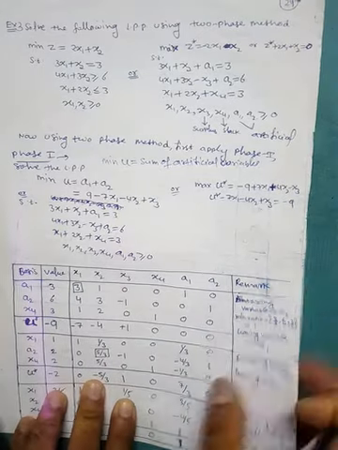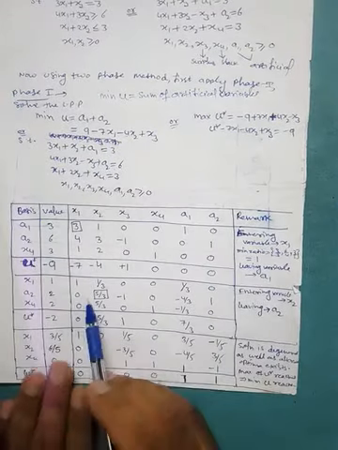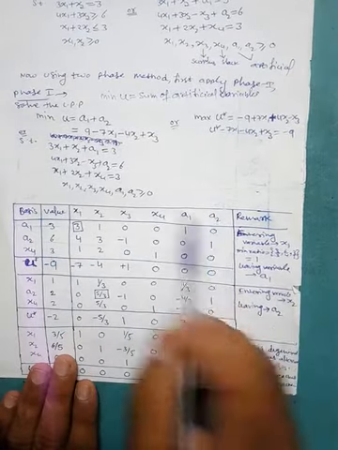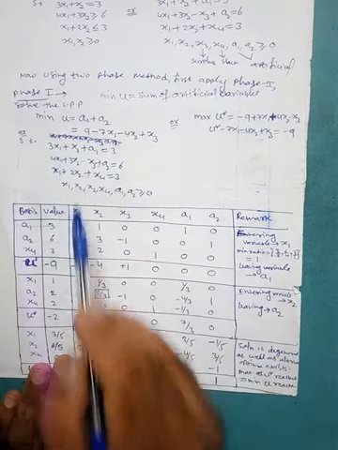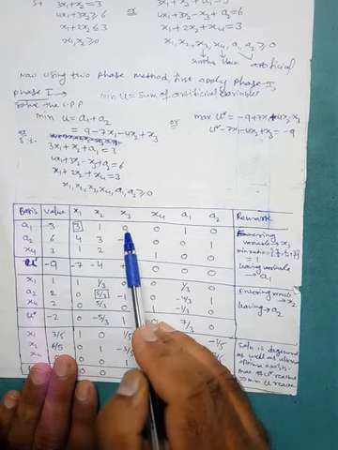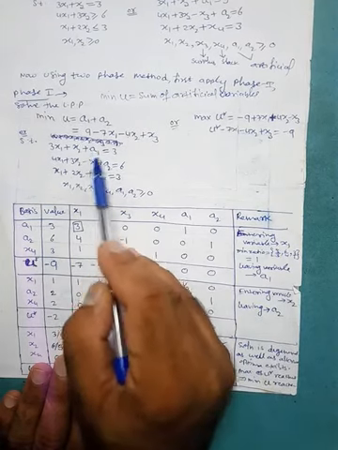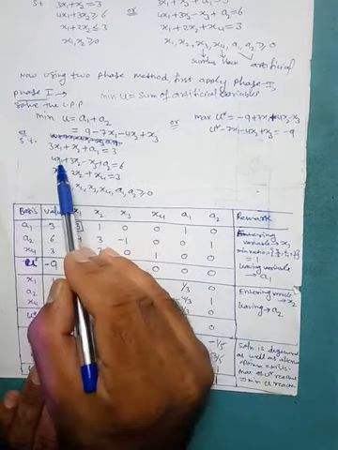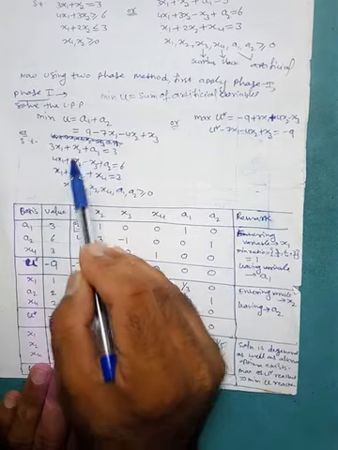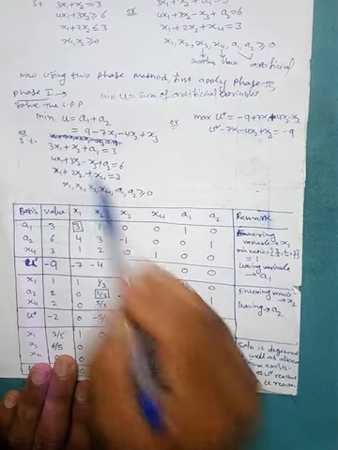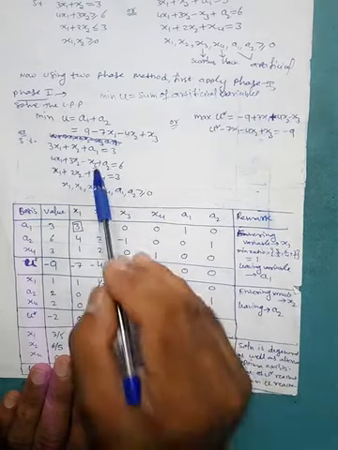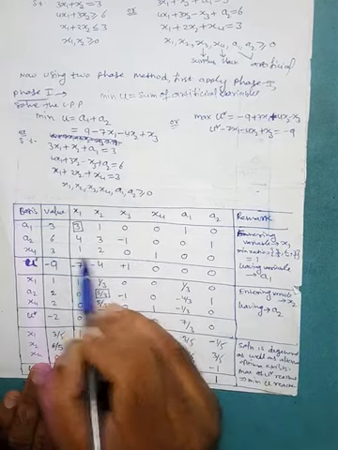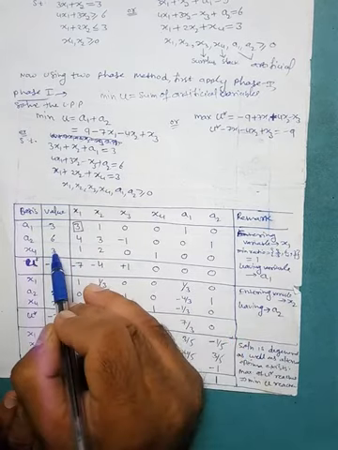Now construct the usual simplex table. So basis, value, x1, x2, x3, x4, a1, a2. Now from the first constraint, the coefficient of x1 is 3, x2 is 1, there is no x3 so 0, there is no x4 so 0. Coefficient of a1 is 1 and a2 is 0. Right hand side is 3. Similarly from the second row, coefficient of x1 is 4, x2 is 3, x3 is minus 1, x4 is 0, a1 is 0, and coefficient of a2 is 1. Similarly, from the last row, we have 1, 2, 0, 1, 0, 0, and right hand side is 3.